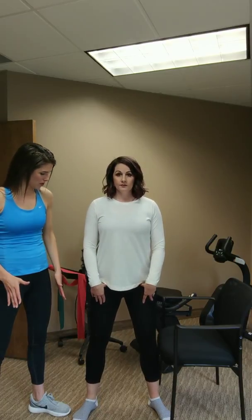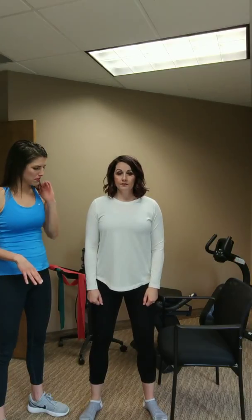And so having your feet about shoulder width apart and your feet slightly angled out. There's different schools of thought on that. I believe that everyone's a little bit different in how they're set up in their hips. So when you are doing your squat, if you get a pinchy pain in the front of your hips, just try to widen your foot stance a little bit more, just like that, and angle them out a little bit more, and then try it again. And if that feels better, then go with that width. It's not cookie cutter. So kind of play around with foot positioning. And then the next step is to,